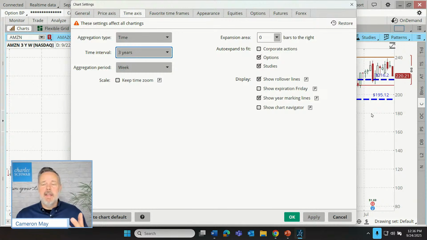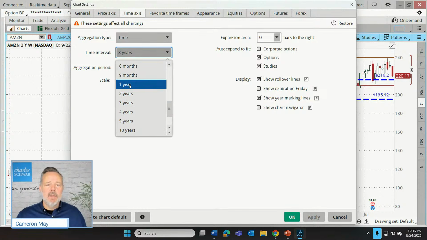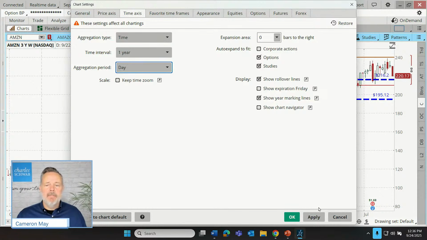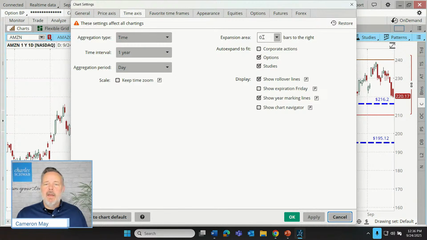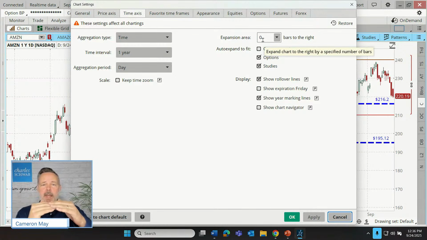And now we see that our tick charts have disappeared and they're replaced with candles. And our time frame is going to be a 3 year weekly chart. Cool. Switch this back to a day. Click apply. All right, the expansion area, we've talked about an expansion area to give extra space above and below